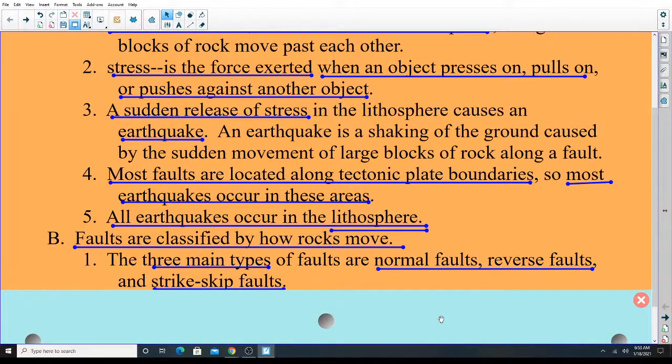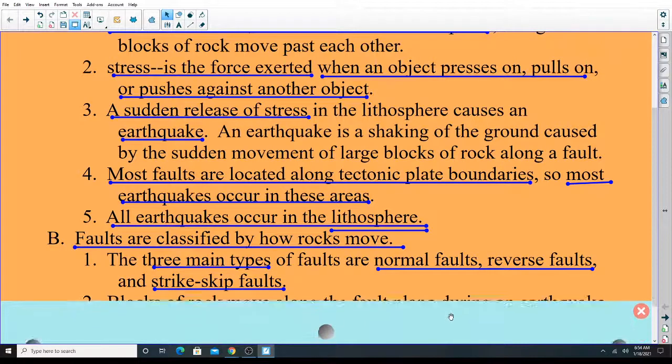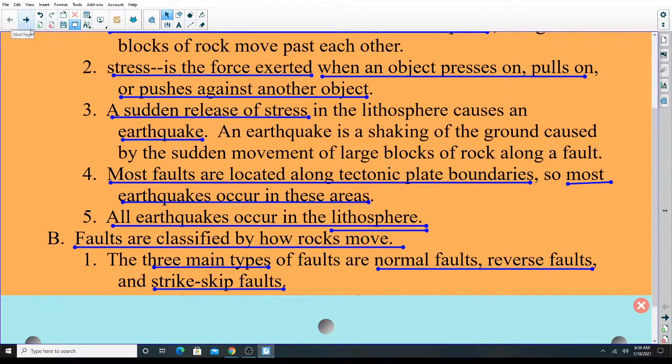While we're talking about these, you might want to open up your book to page 224 and page 225. That'll help you when it comes to what you put into your notes as far as the drawing that you're going to have to do. On page 224 and 225, they talk about these normal faults and what they look like and how they act and why they act the way that they act. So, with that being said, that's all you have to write down for this page right here. I'm going to keep moving on to the next page. If you need to pause it to finish up writing, by all means do that.